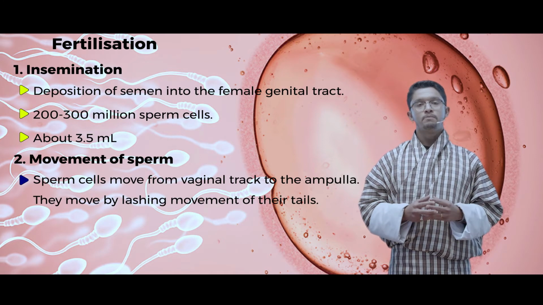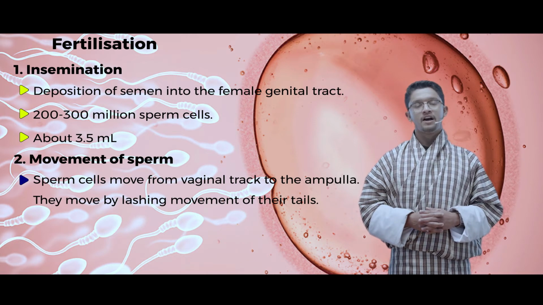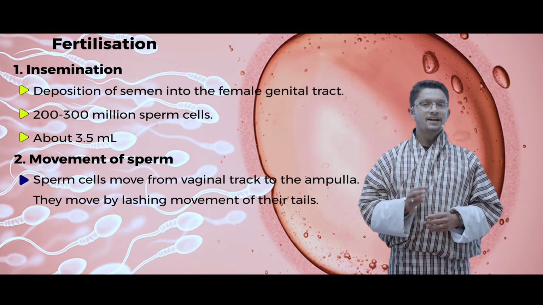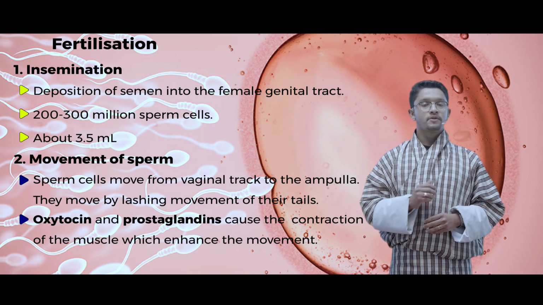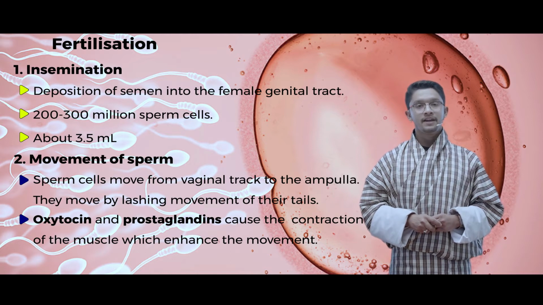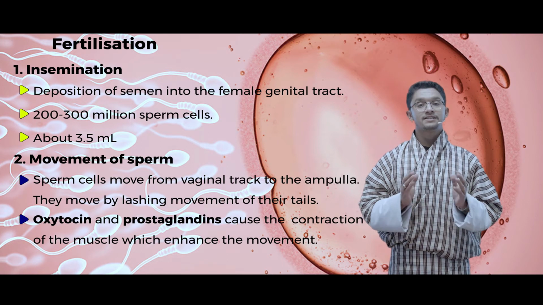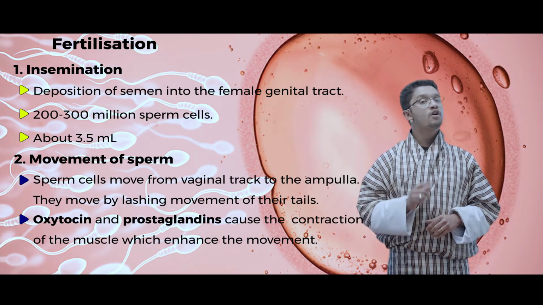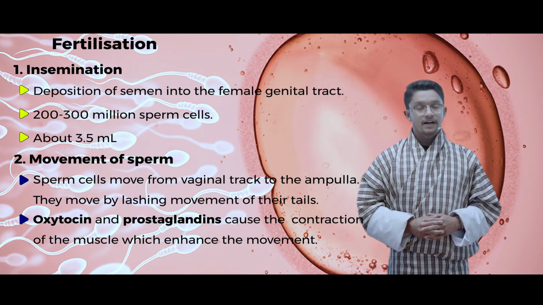Sperm cells move by lashing movement of their tails. However, it may not be enough. That's why there are two hormones, that is oxytocin and prostaglandin. They cause the contraction of the muscles in the female reproductive system, and the movement of those muscles also helps in the sperm movement. The other thing is,